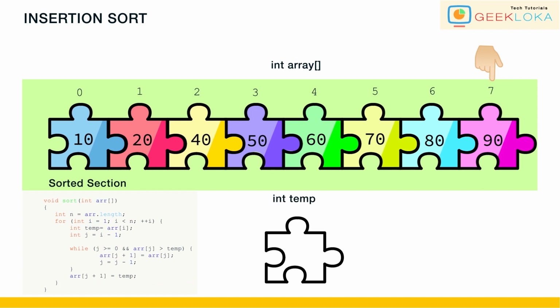In conclusion, insertion sort is a great algorithm for small to medium size arrays. It's simple and has an average and worst case time complexity of O(n squared), but performs well with nearly sorted data. Thank you for your attention, and I hope this video helped you understand the insertion sort algorithm.